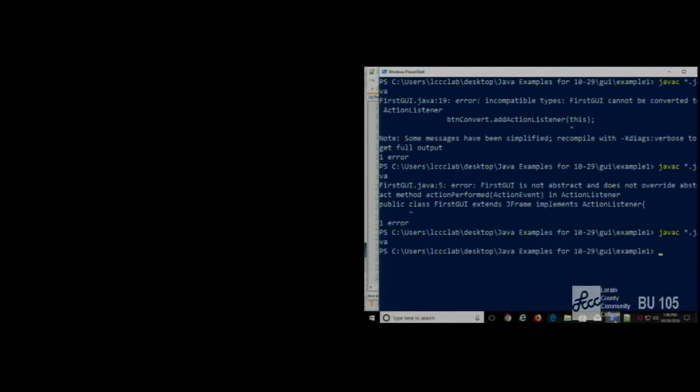I implement the ActionListener interface, so I can use it as the ActionListener for the button, and I implement actionPerformed. And now the code does its thing,